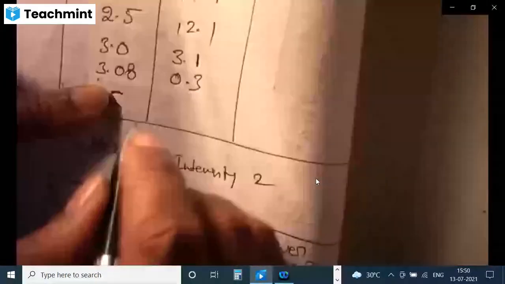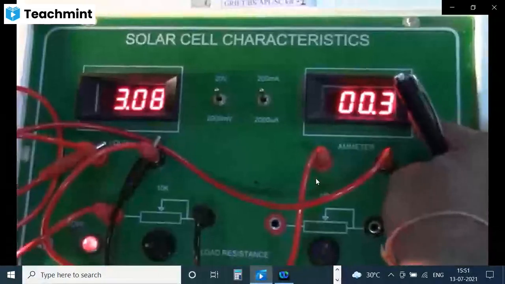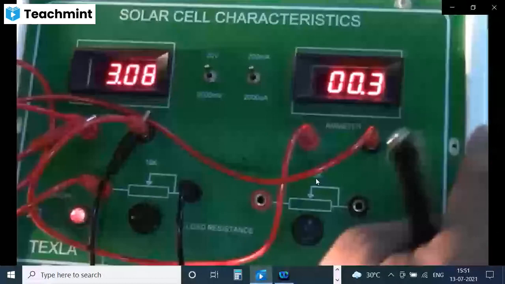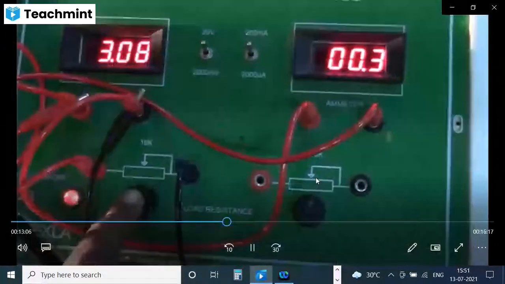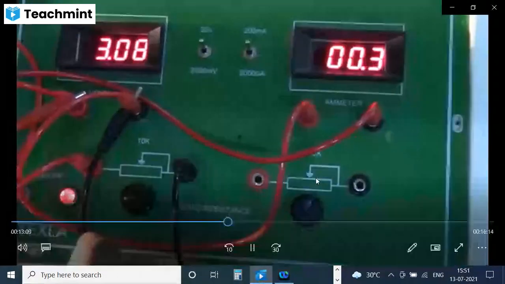Yes, students, you can see, even though you offered 10 kilo ohm resistance to the circuit, the current is not 0. So how to get the current to 0? You apply more amount of resistance. How to apply more amount of resistance? Yes, beyond our range of the resistance. So you have to apply more amount of resistance in order to get 0 milliamp